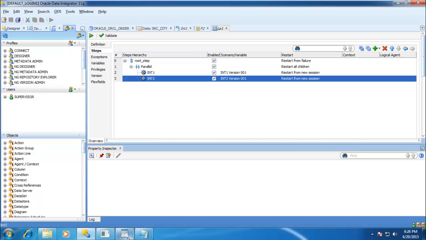The agent is one component we have in ODI, a lightweight Java program which is responsible for initializing your integration process.